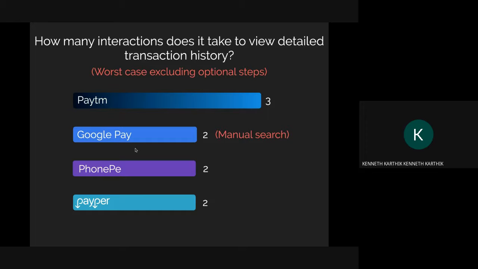They had manual search. You had to go through your recent transactions and find the account you were interested in, and you have to go and look at each single account. So you can't even see all your transactions from yesterday. You have to go through all of your chats individually. You can't have an overview or get how much money you spent yesterday, for example, which is possible in PhonePe. PhonePe was probably one of the best, and we were tied with PhonePe.